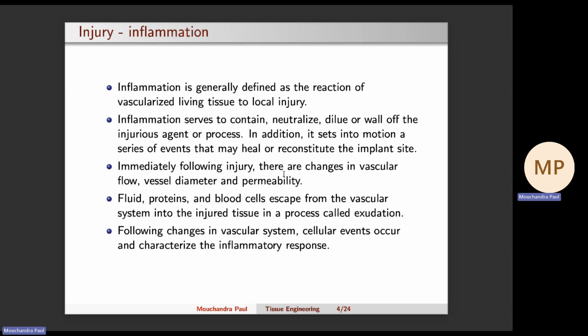Now, when we cause an injury, the immediate response we expect is inflammation. Inflammation is generally defined as the reaction of vascularized living tissue to local injury. So injury happens, then inflammation will start. The purpose of inflammation is to contain,